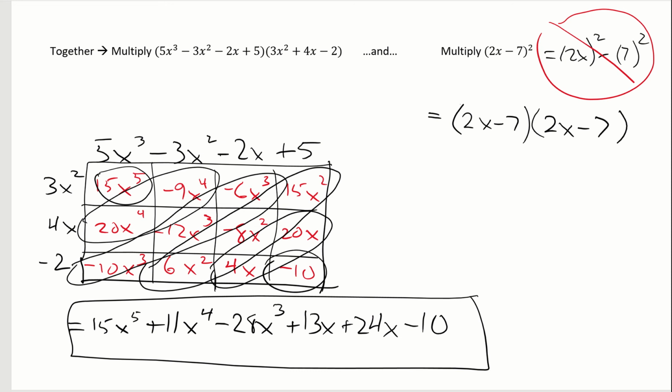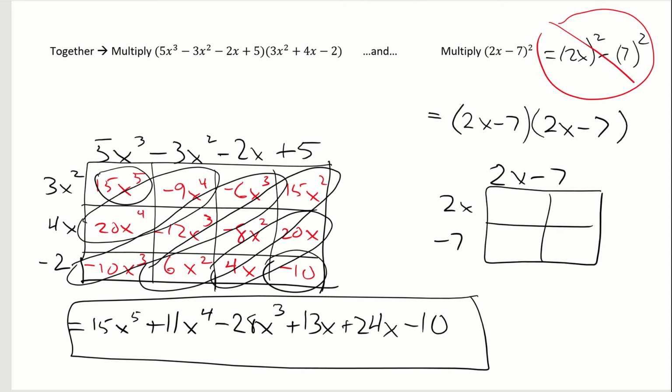And finally, this one. Well, you can FOIL it if you want to. You can do, like I said, you guys can do this any way you want to, but if I continue with the box method, it looks like this. Notice that this is minus 14x again, two of them, right? And then